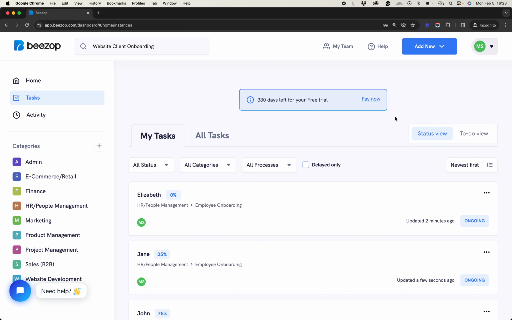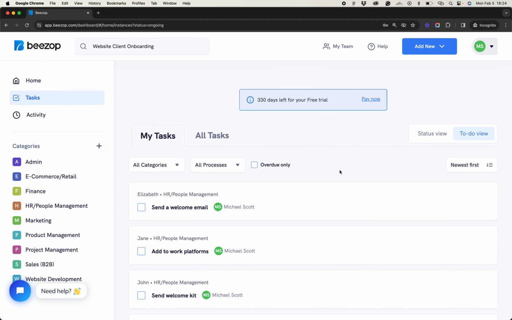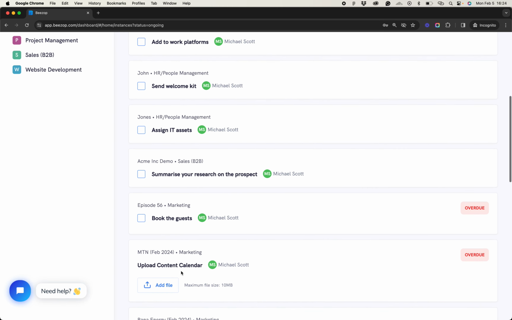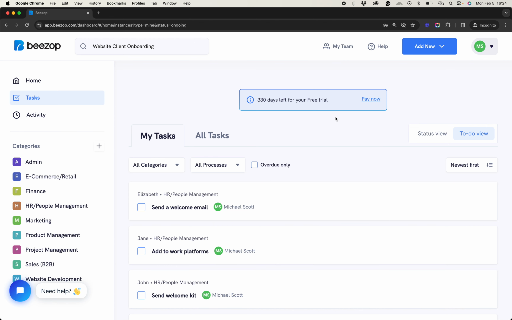Okay, and you can decide that you only want to see the specific things that you are supposed to do, not necessarily the status. So you can switch to to-do view, which shows you the things that you're supposed to do next for the different tasks that have been assigned to you. Okay, just a couple of